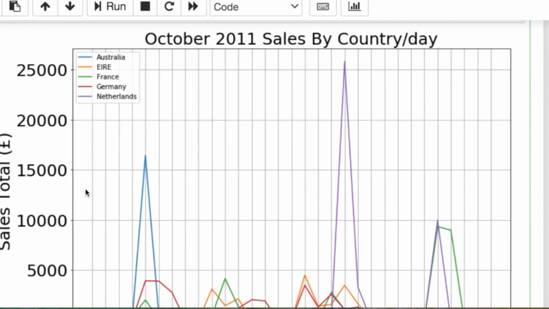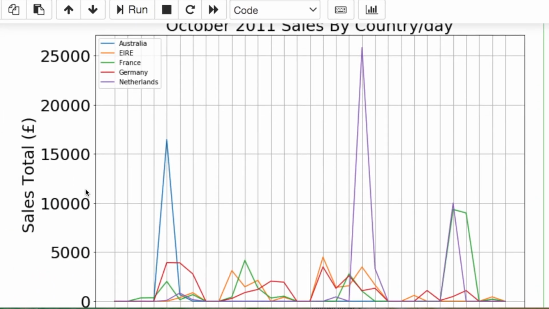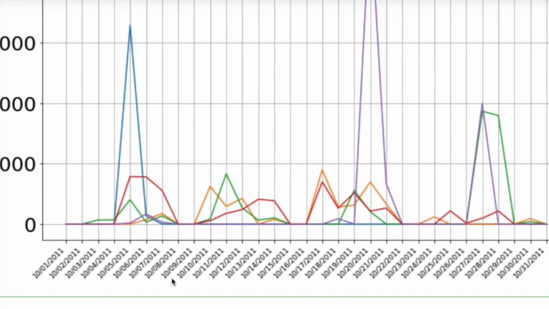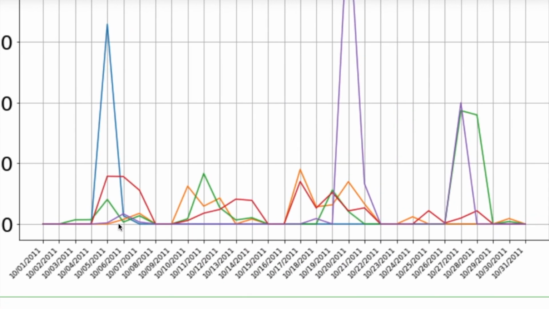So we'll zoom out just some so we can see this because it's kind of big. But this is your October 2011 sales by country per day in Great British pounds. Right here are your countries. We did this by the date of the month, so we have all the months. You could do this by hours, by whatever you want. And we're doing this comparison. So this is what it looks like for all 5 of those countries. You can see there is definitely a trend of what's going on with sales.